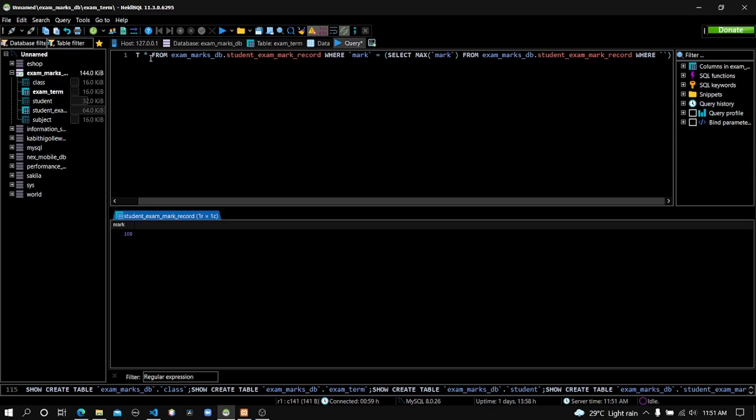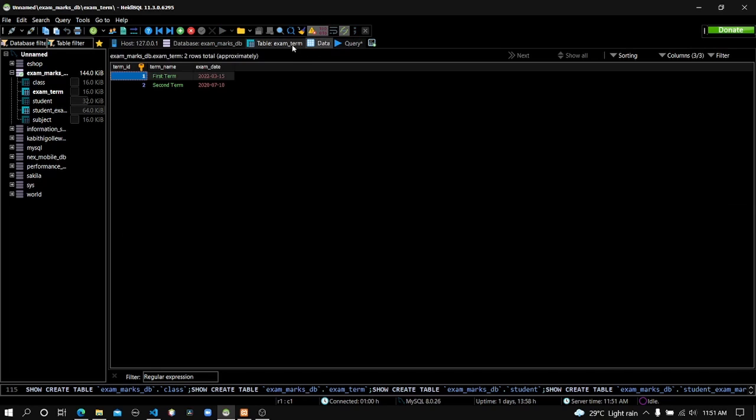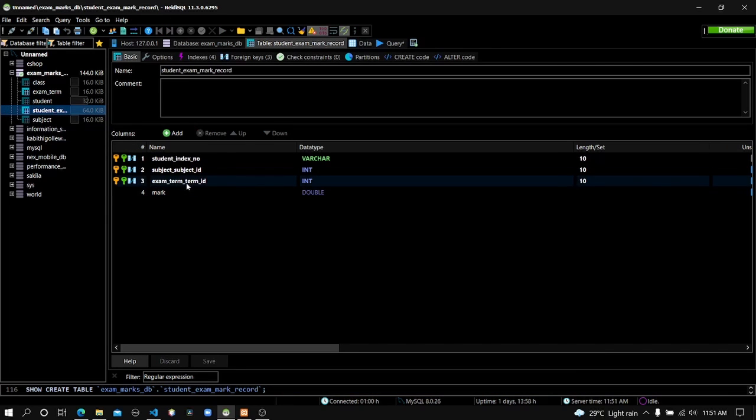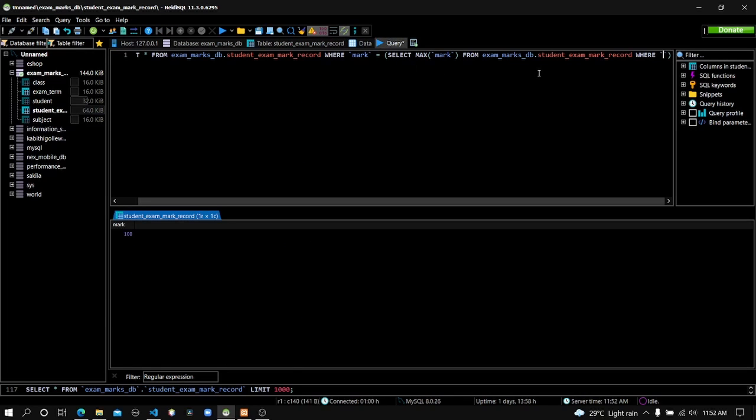Here's the first one. I am defining the first condition to find only the first term marks, and let me copy the ID of the first term. You can see exam term ID. We are filtering by using that particular attribute equal to, and here's the other